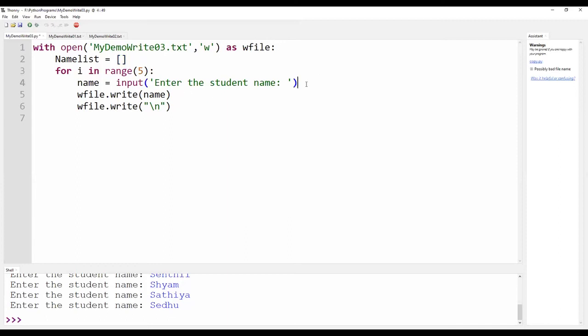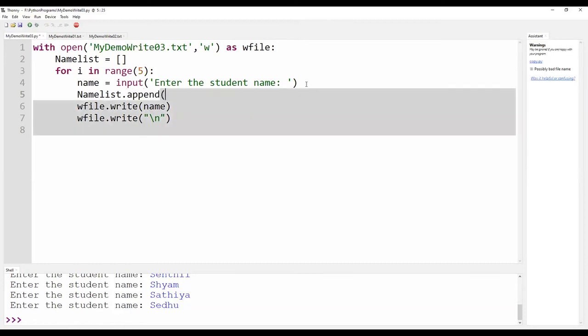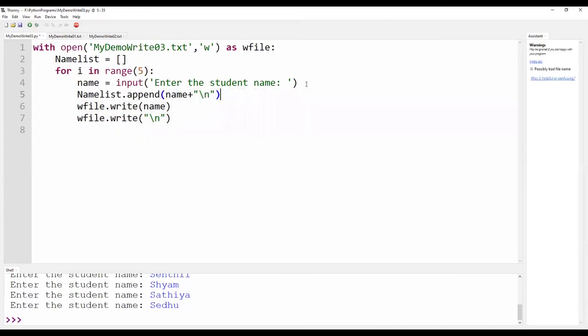Once I am getting the data, that is the input string, name list dot append. What are you going to append? Name. And kindly ensure that, as I said earlier, if I am not giving the new line, the data is getting stored in a single row without any spaces.